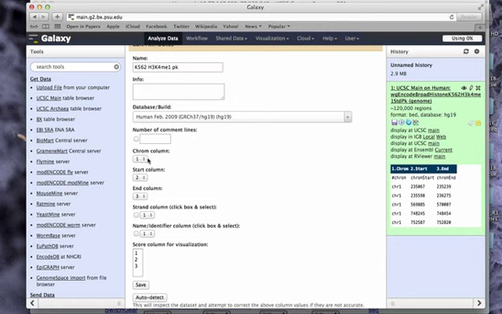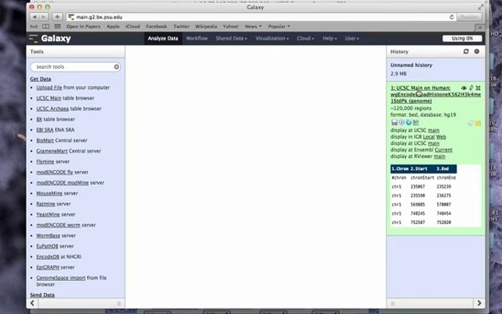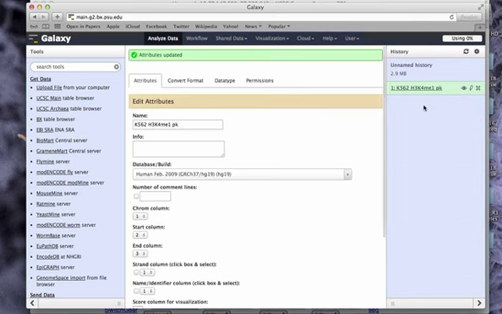And Galaxy has recognized that these are the three different column types that you have. If these aren't recognizing chromosome start and stop, it'll throw an error. So all you would need to do is go in and change these to let it know which column that's actually in. Okay, so we'll save this. And now we have K562 H3K4 monomethylation. For the sake of time, I'm not going to go through and get the H3K4 trimethylation and